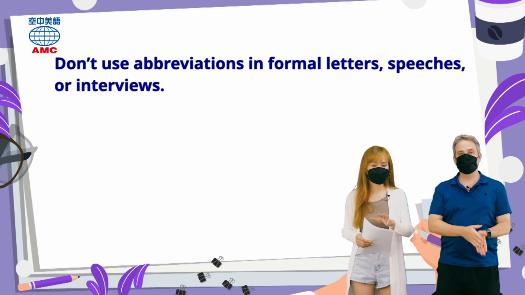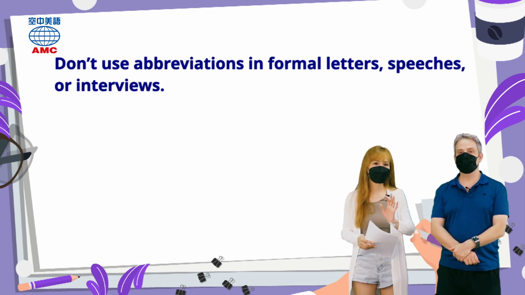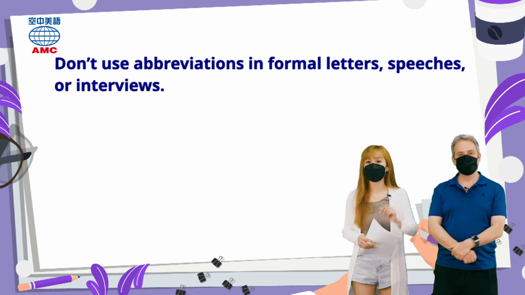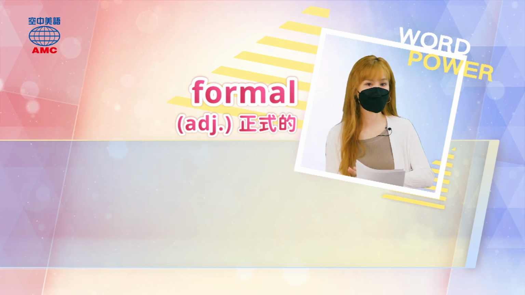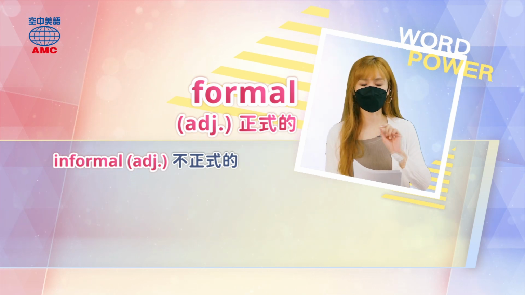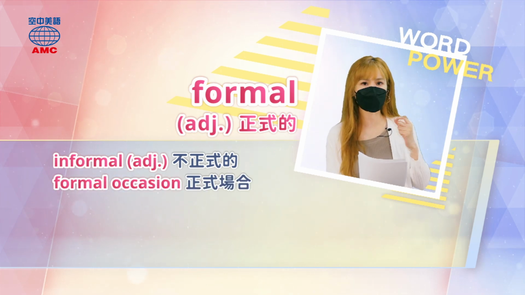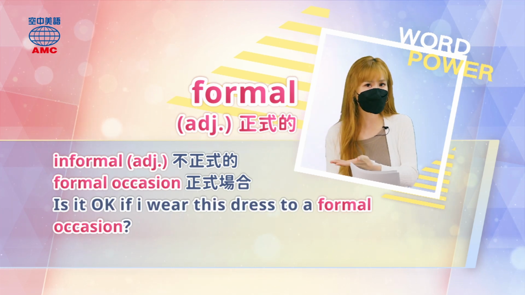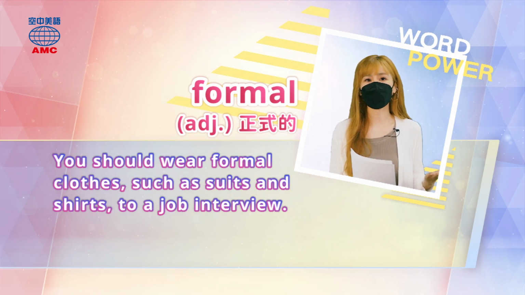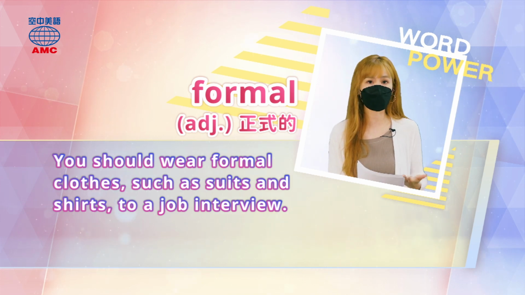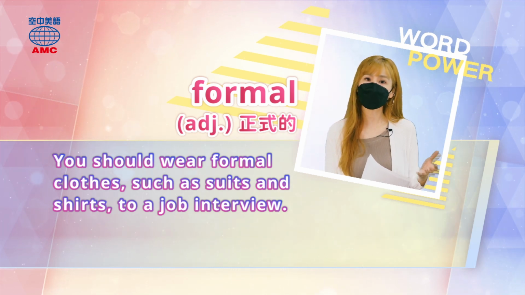所以不要把缩写使用在正式书信，这是一般来说了，演讲啦或者是面试哦。那刚刚有提到了这个 WP 就是 word power，也就是 formal。我们来看一下它的用法哦。Formal 这个字是个形容词，就是正式的。当然，相反词就是 informal，在它前面加否定的字首 in。那像是如果你要去一个 formal occasion 正式的场合，你可能会很好奇说，这样穿 OK 不 OK？ Is it okay if I wear this dress to a formal occasion？我们来看一下单字例句。You should wear formal clothes such as suits and shirts to a job interview. 你应该穿正式服装去参加工作面试，例如西装啊和衬衫。